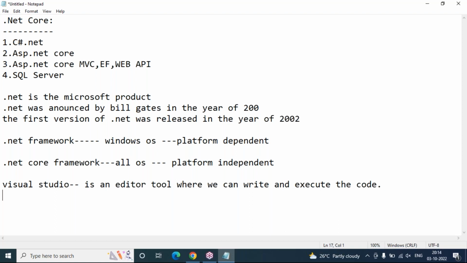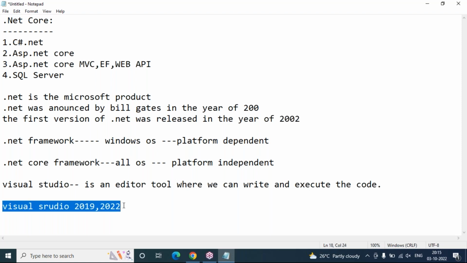In our sessions, I'm going to use Visual Studio 2019 or 2022. 2022 is the latest one. Both are going to work well, no issues, but 2019 is the best choice for .NET Core, and .NET Framework also we can build with it. And 2022 is the recent release from the last year or 1.5 years back. It was released almost 1 year back. So 2022 is also fine. I already have 2022 as well as 2019 on my computer.